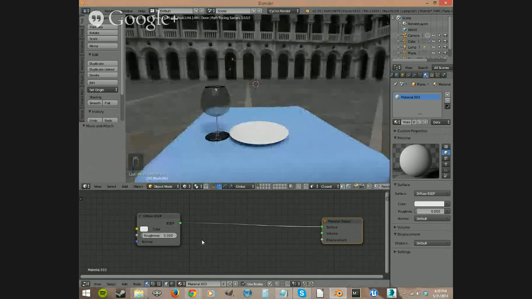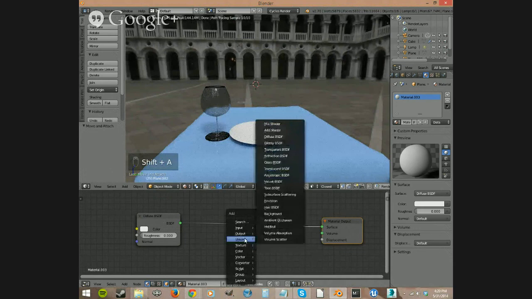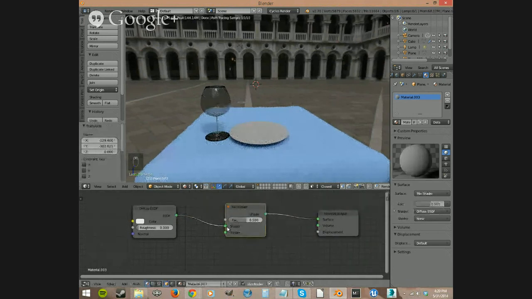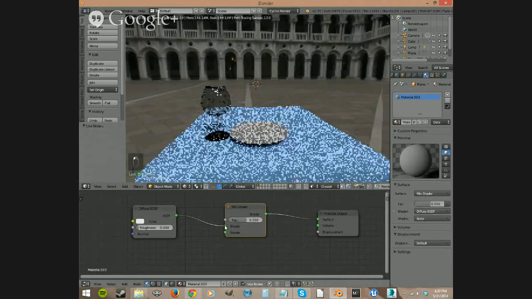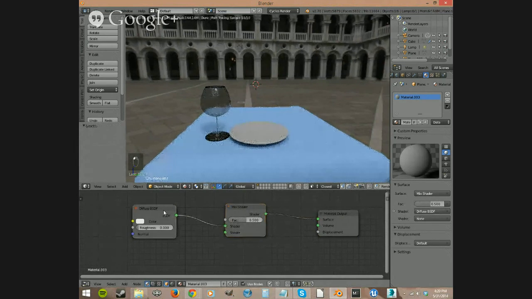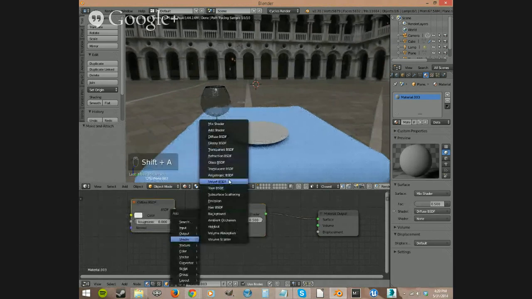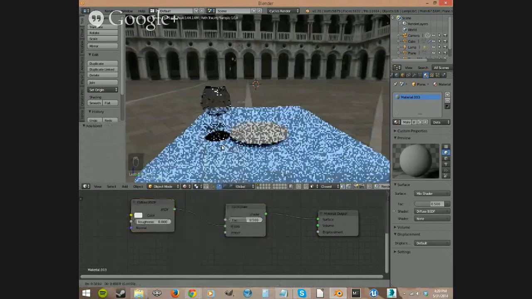So we want some glossy on that as well. So Shift A to add, just like in all the other modes, a shader. We're going to mix that diffuse with a glossy. So I just dragged it onto that line and it added it in from this side and out. We have 2 places to come into and 1 to go out of, so it's going to mix diffuse and something else. Let's take a glossy right here